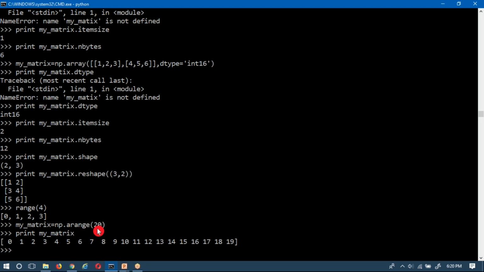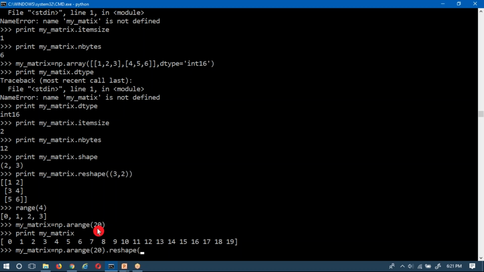We know range 20 is nothing but 0 to 19 values, totally 20 values. But as of now you are getting a one dimensional array. If you want to convert that into a matrix, then you have to write dot reshape.